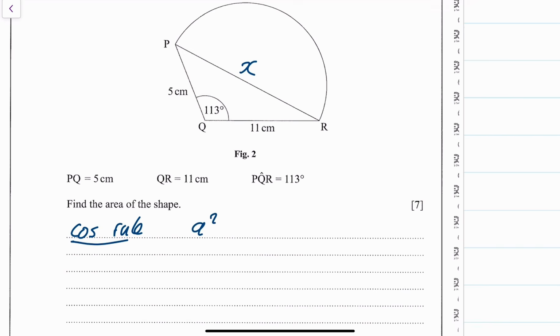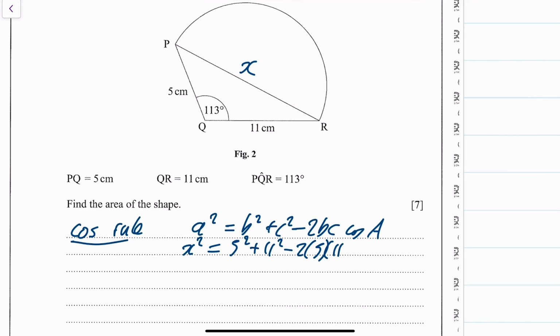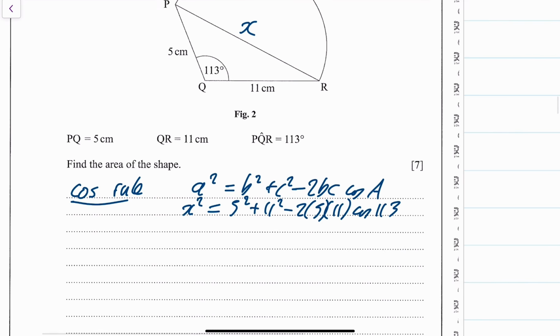So the cosine rule is a squared equals b squared plus c squared minus 2bc cos A. So x squared in this case is 5 squared plus 11 squared minus 2 times 5 times 11 times cos of 113. A little bit of working out, and I have got my x, and look how many decimal places I've got. My x is 13.747051. There we are. And then we'll find, therefore, the radius, divide that by 2,